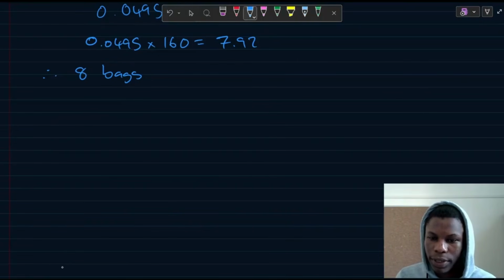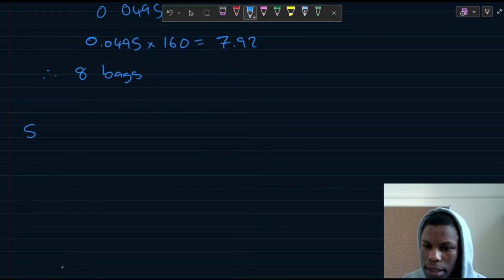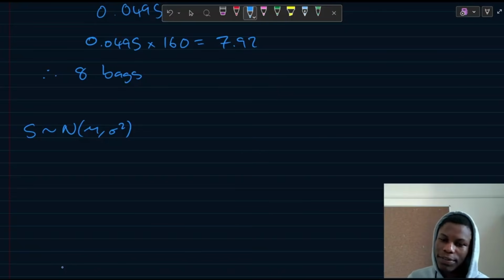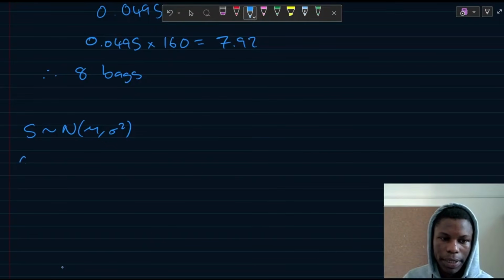Now we are given that the masses of small bags of pasta, I'll call that S, are normally distributed with mean mu and standard deviation sigma. Tests show that 77% of these bags have masses greater than 1.26 kgs and 44% have masses less than 1.35 kg. Part C, find in either order the value of mu and the value of sigma. Okay, so part C,